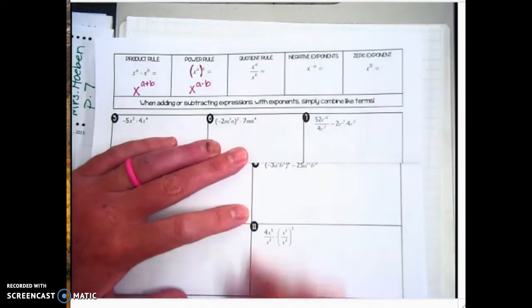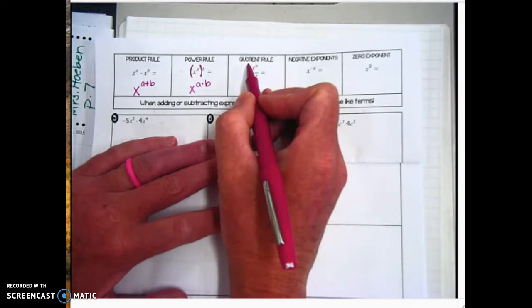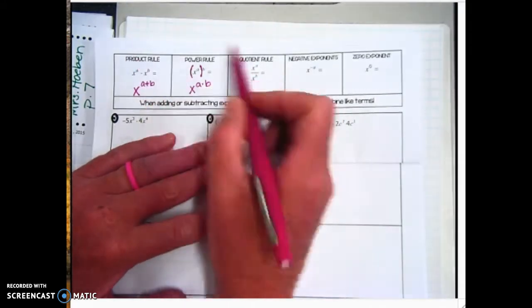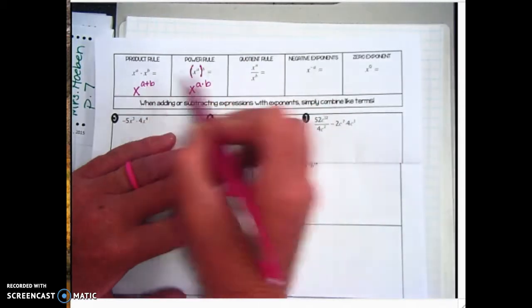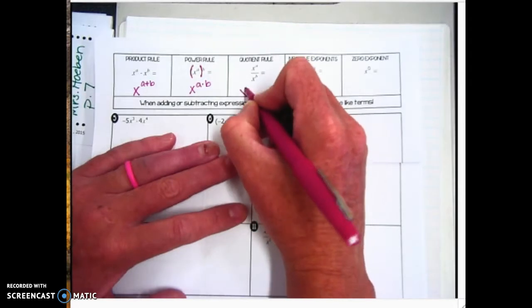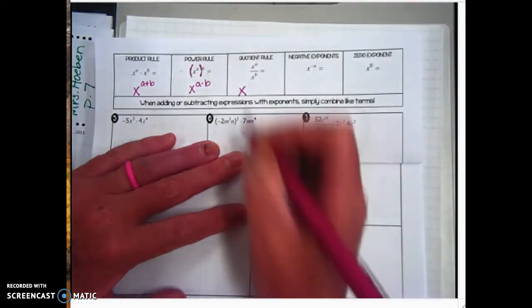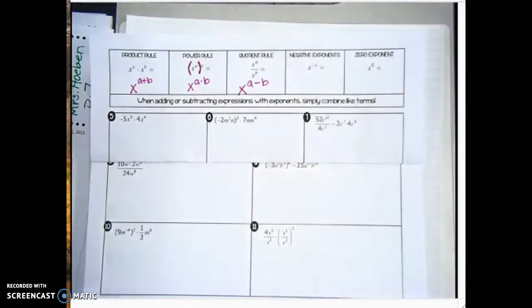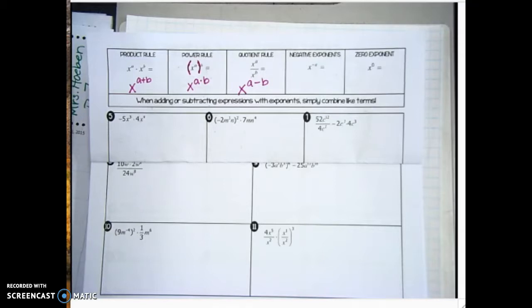The next box says the quotient rule. The quotient means to divide, right? And the product means to multiply. So if we add the exponents there, what do you think we're going to do with them here? Subtract them. So the base is going to stay the same. Then you're going to take the exponents and you're going to subtract. Okay? Depending on where you move it to. So we're moving it up to the numerator, right? If you're moving it down to the denominator,